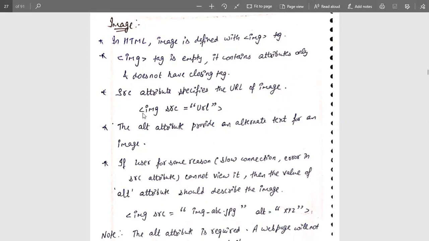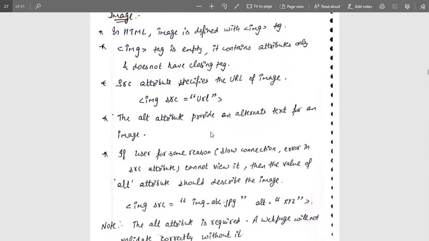Here img is the tag for an image, and src is an attribute of the image tag, and that attribute must have a value, that is called a url. Whenever I insert any attribute with its value, the value must be enclosed within inverted commas, and then the angular bracket is closed. So here src is the attribute that has the value url.